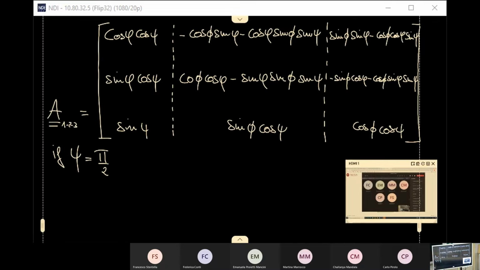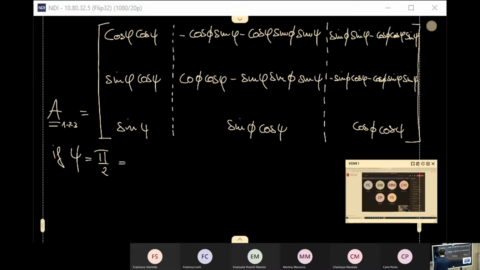Can you see? Well, if C in this case is equal to pi divided by 2,